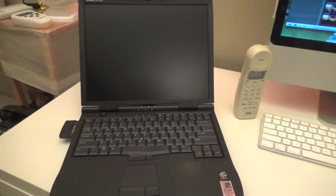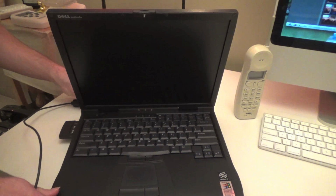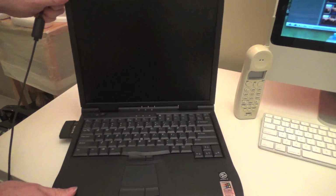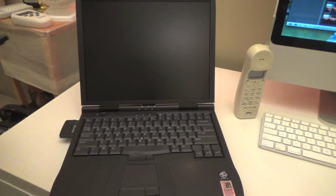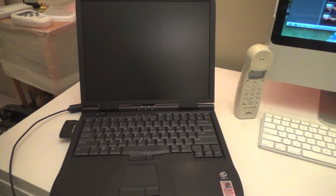I'll go ahead and plug this in. I don't believe the batteries have any charge. They don't hold for more than a couple of days. Perhaps I should just take them out and only put them in there when I have the thing in use. But it's got one of these plugs. Plug this in, and the